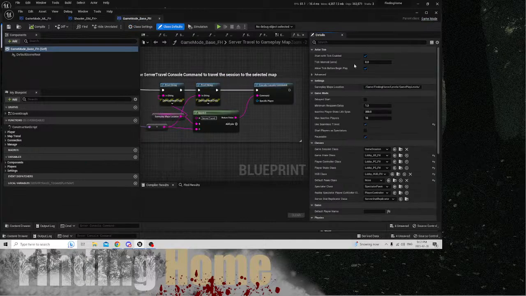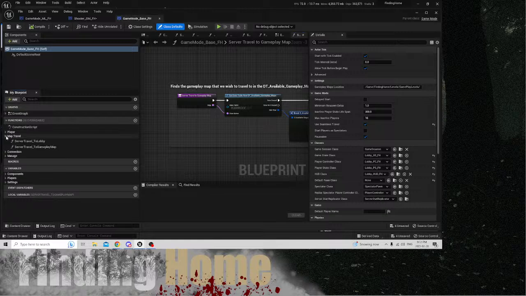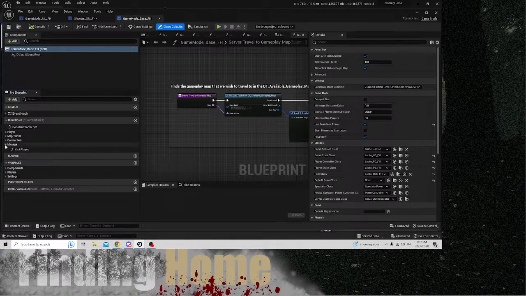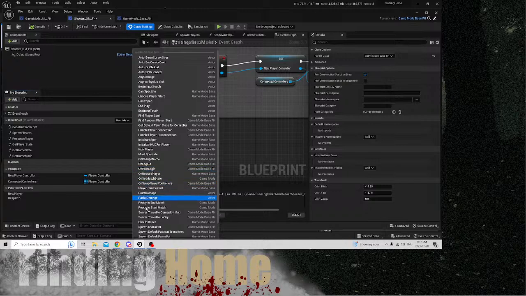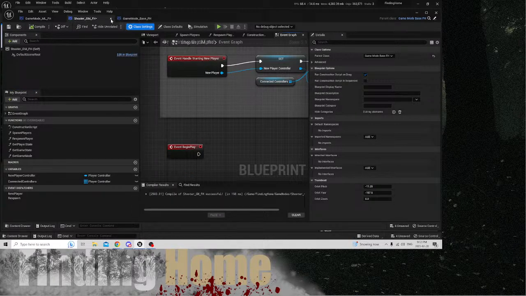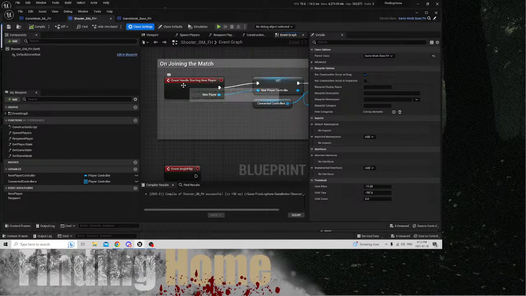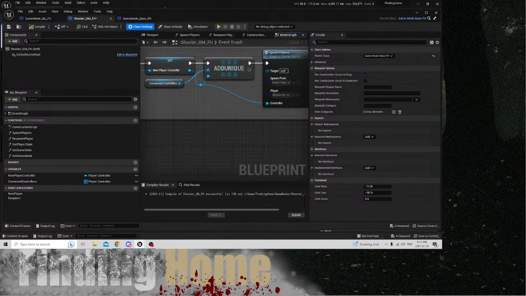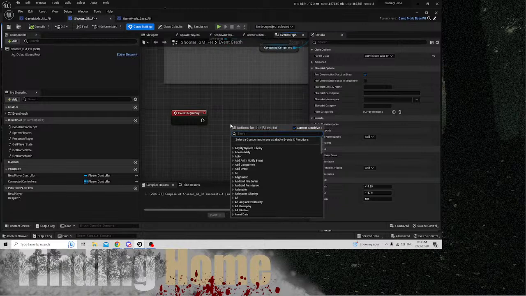If I look at game mode base FH, it's just a part of game mode, and it's just gonna have certain things like traveling and connection and handling player disconnects and kick and stuff like that. So those are overrideable functions that I could override. So what happens when you kick a player and all that stuff. Again, it'll do the base mode unless I override it. So I probably did a handle for starting new players, and this is probably going to override that. So now we would do